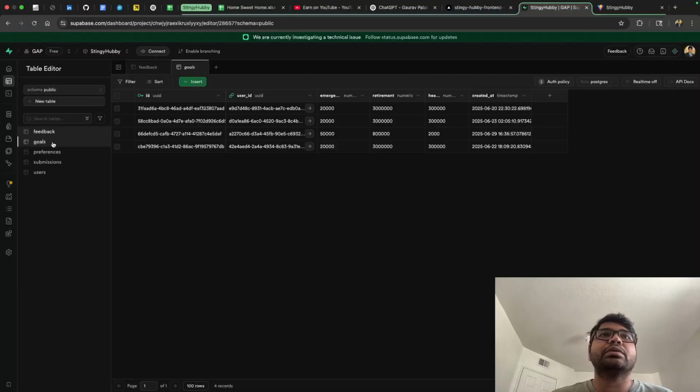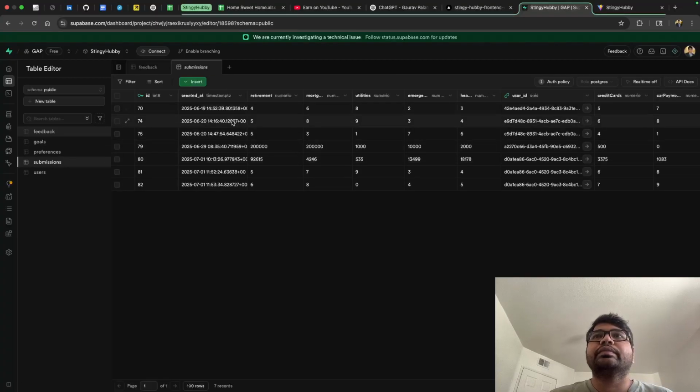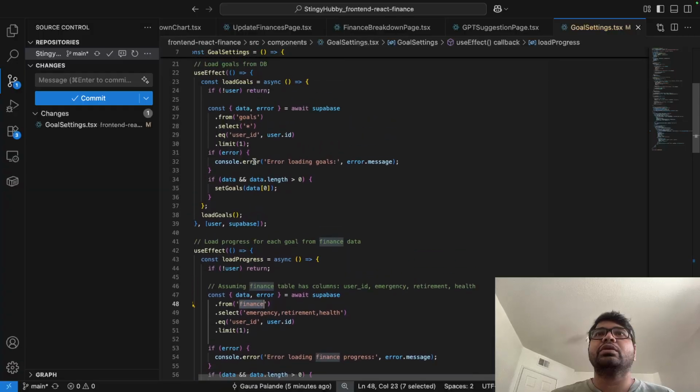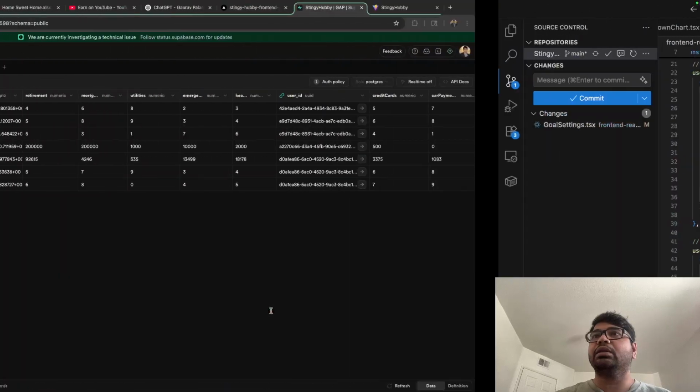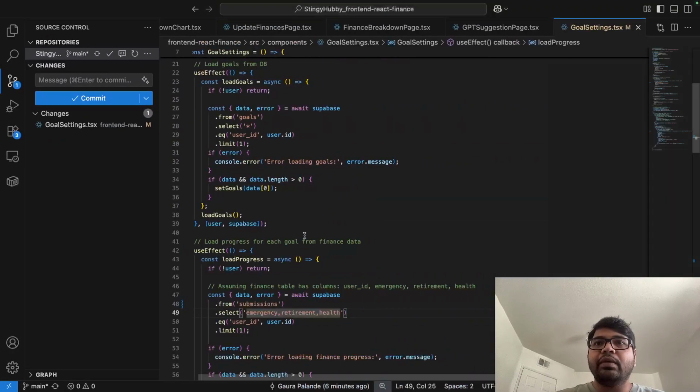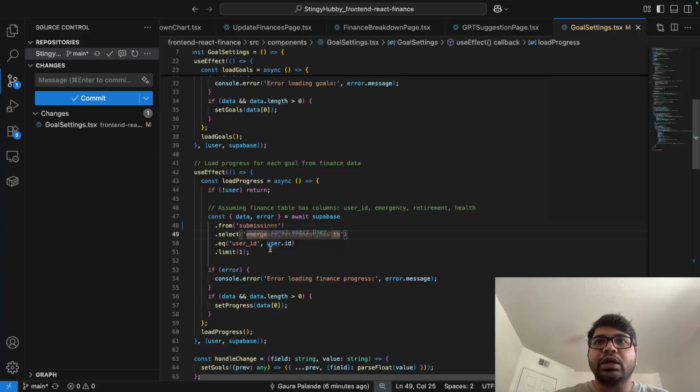So let's go to the database and let's go to submissions, and then I would call the submissions. So let's go to the code, and here instead of finance table, I need to call submissions table, and within that there is emergency, retirement and health. Okay, I think those columns are there. And then I would also get the user ID limit 1, and then I would want to order it